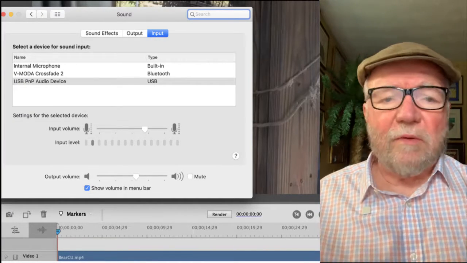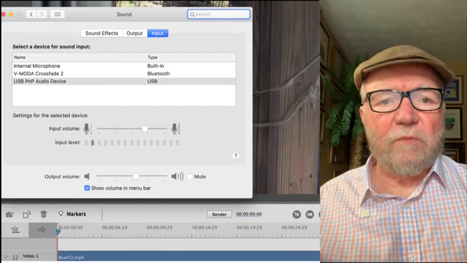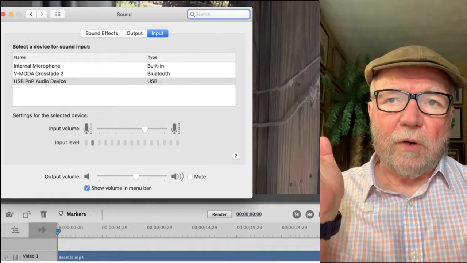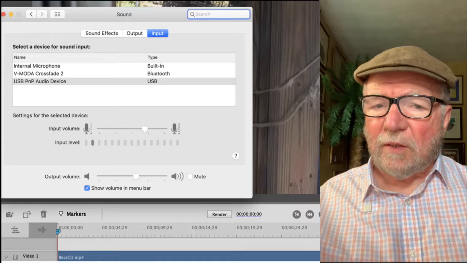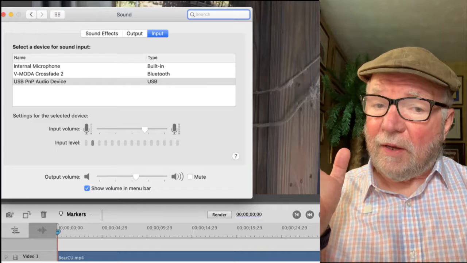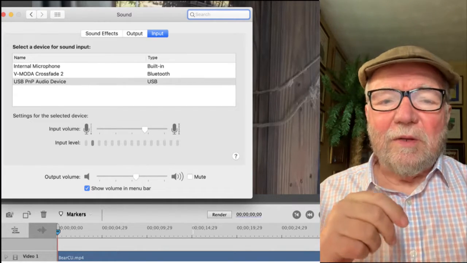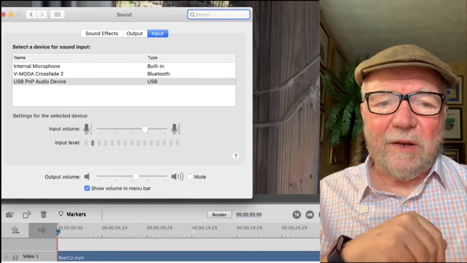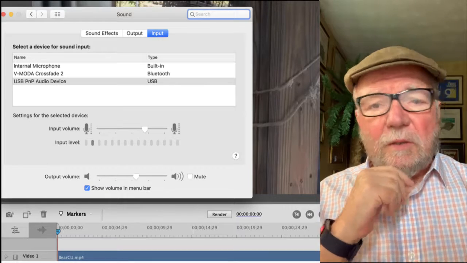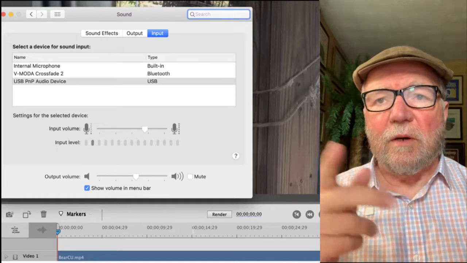Here you can see I've got three there. I've got the internal microphone on my computer, which will work fine. Then I have another, a V-Moda Crossfade, which is connected with Bluetooth, and the built-in microphone doesn't work very well. The headset works great, but not for the recording. So I use the mic that I just showed you, and that's a USB PnP audio device. So you want to check and make sure you have the right one,